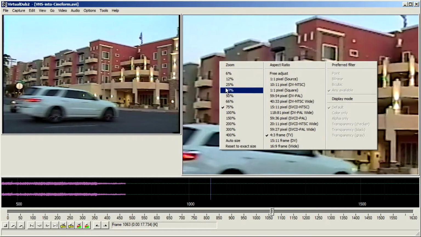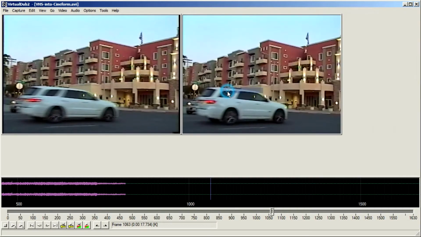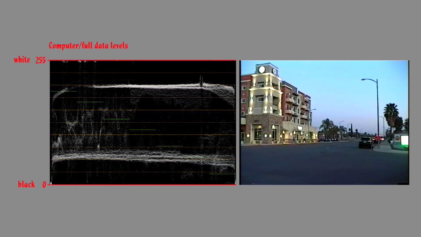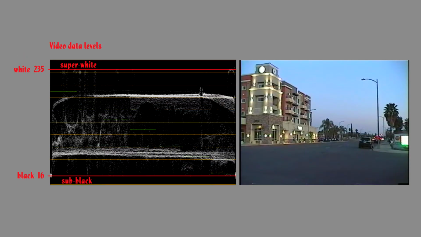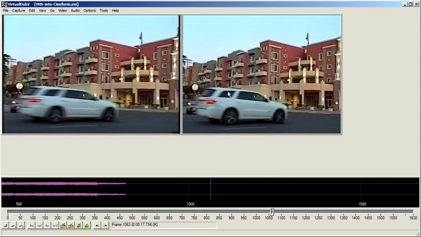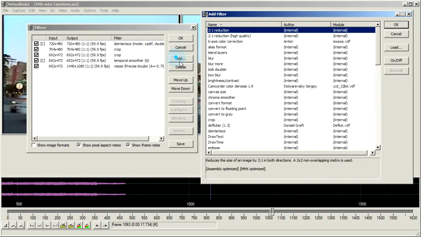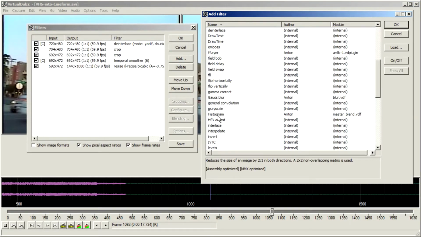According to current broadcast and Blu-ray standards, HD must always have 16:9 proportions, but YouTube is more flexible and allows HD to have any aspect ratio. The last step is verifying and correcting, if needed, black and white levels. 8-bit computer imagery uses 0 for black and 255 for white, but 8-bit digital video uses 16 for black and 235 for white. This discrepancy can cause your video either to look milky with low contrast or, which is more likely, to lose detail in near black and near white areas.